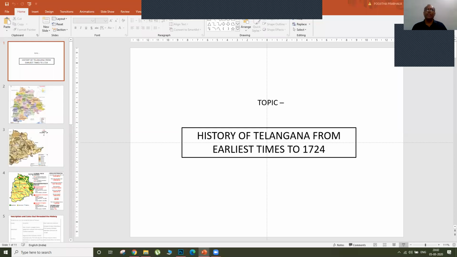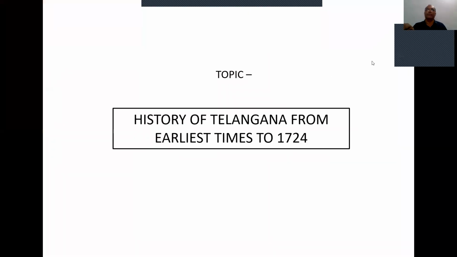The first unit consists of basically two main parts. The first part being the sources for the study of Telangana history, and then the second part focuses on the period and times of Satavahanas. So before we go into the details of the ancient period of Telangana, first let us get some idea on the region of Telangana. So the first point that I want you to look at is a map of Telangana, which you have here.